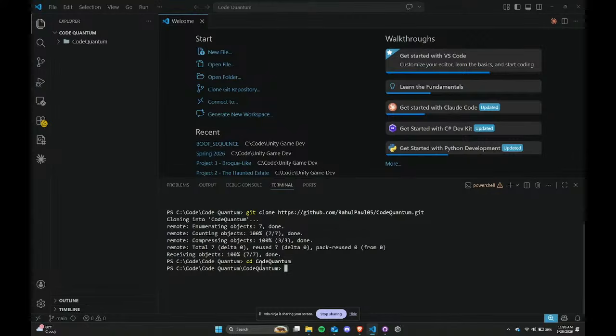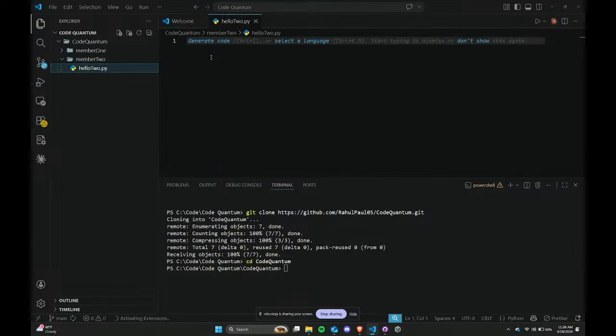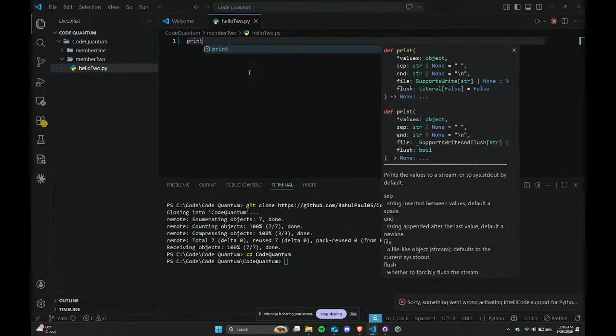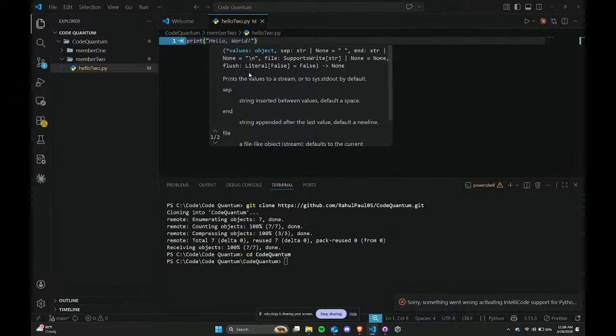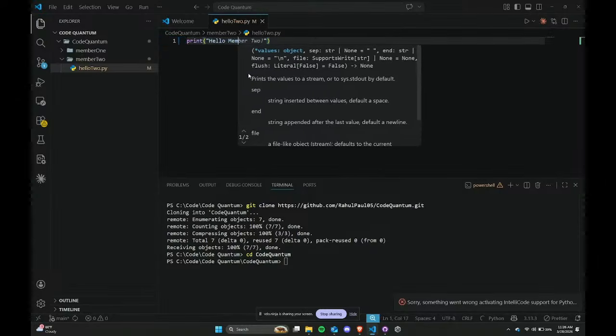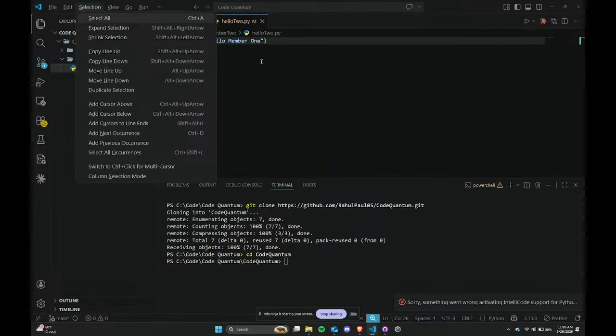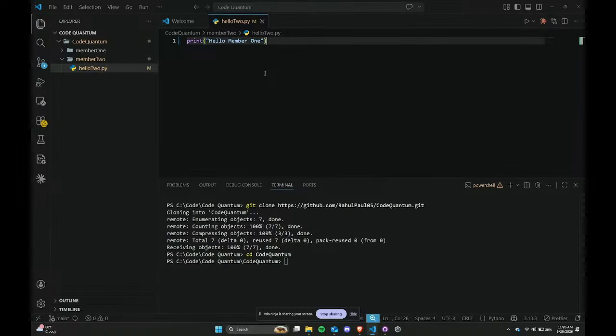So now let's take a look at the code, right? So we have member 1, member 2. So member 1 did his stuff, now I am member 2, right? So let's say all my code is within this folder called member 2, right? And as we saw earlier, the hello2.py file was empty. There's nothing in there. But now we'll write a print statement. So print, so let's say we say, hello, member one, right? And then we save it. My bad. We save it,